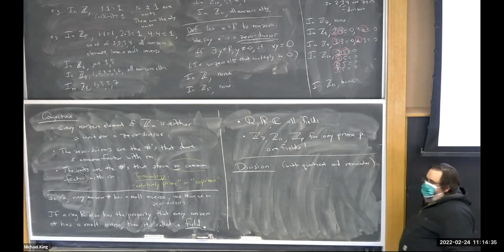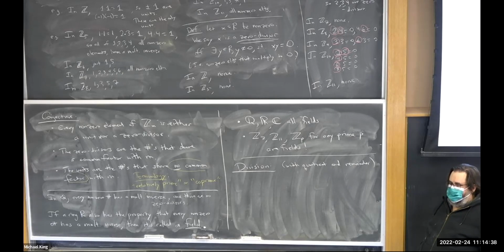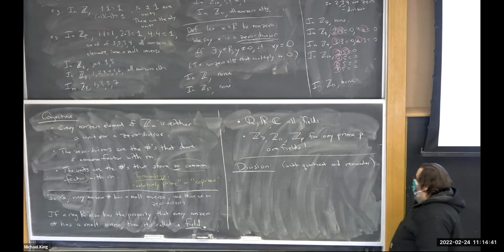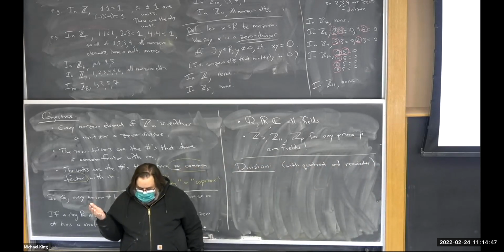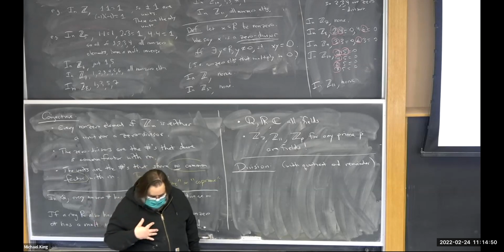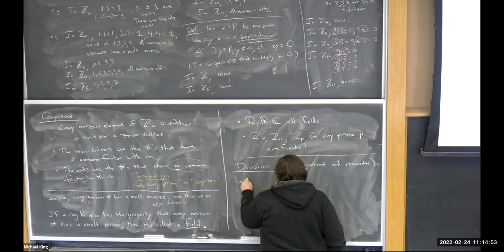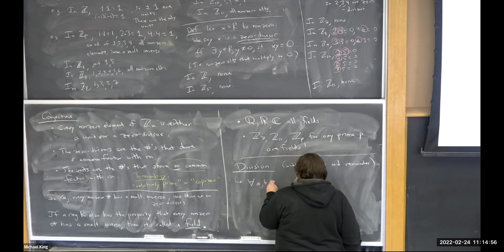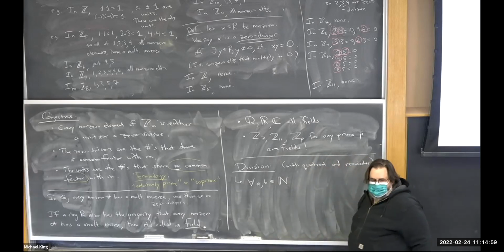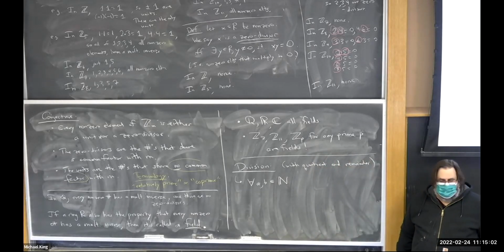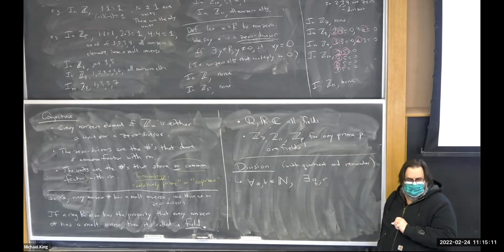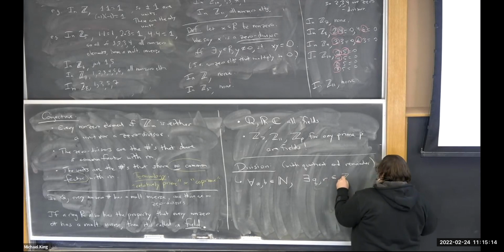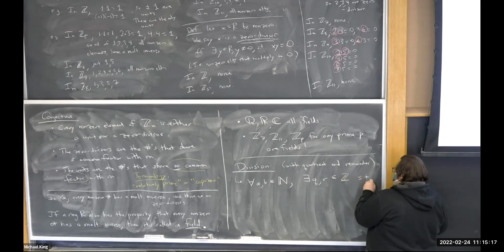So I don't want to think about like 7/5. I want to think about like 7 divided by 5 with quotient 1 and remainder 2. So we sort of believe that if we have any two integers, we can divide one by another, get a quotient and remainder. So let me just state that. The statement is, let's just talk about it for natural numbers. So if I take two natural numbers and I want to divide A by B, I want to say that there exist a Q and an R, which are going to be my quotient and remainder integers, such that